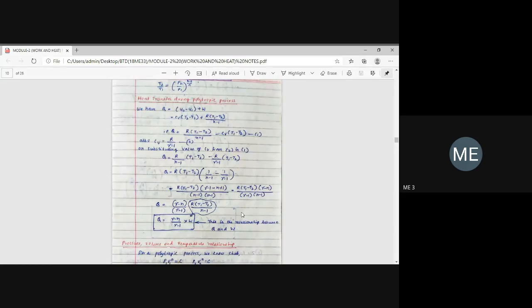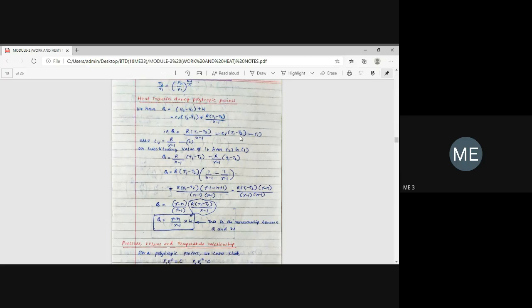In this, we are going to learn how to find the expression for heat transfer during various processes. Q equals, now next step is R into T1 minus T2. As I said, I am going to shift the term. First I am writing R into T1 minus T2 divided by n minus 1. And here, instead of T2 minus T1, I am writing T1 minus T2. In that case, you just have to change the sign. Instead of plus, you have to write minus, minus of T1 minus T2. You call it equation number 1.